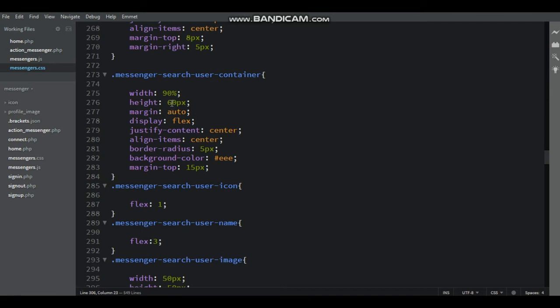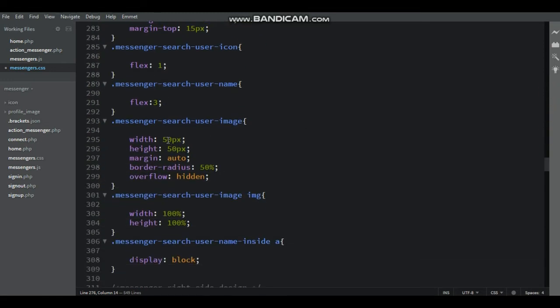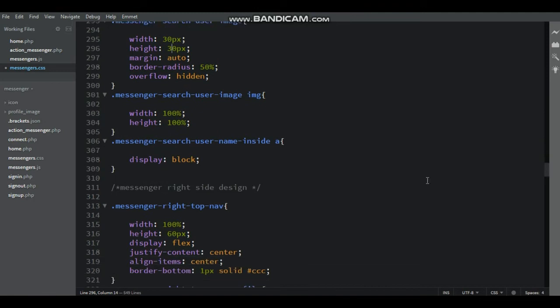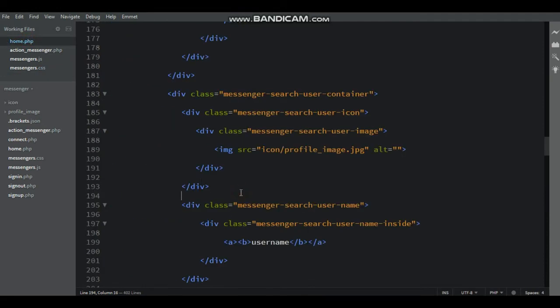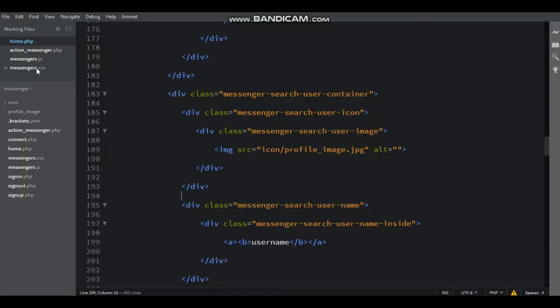Here that is height is, make it 40 px, and also messenger search user image width 30 px, height also 30 px, and then go to the home.php, save it and go to the browser, refresh the browser, and then browser shows profile image and username. Reduce the height.